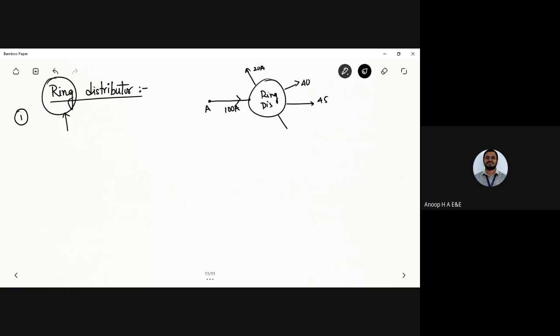It is more or less like a closed loop distributor system, which is responsible for the distribution of power. A closed loop where you have feeding at one or more points. Such a distributor is called a ring distributor system. You have a ring distributor system with a point P. It makes a loop and returns to the same point, the original point.